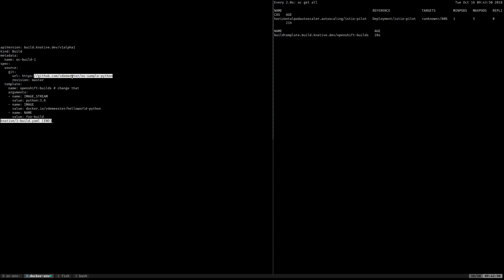So I want to build this project, which is a simple Python Flask project, and I'm gonna use the template's name. I want to use the Openshift build. I want to use the source image stream input Python 3.6 because, well, it's a Python project. I want to output this into a Docker image, which will be on the Docker Hub for now, because Knative will need to